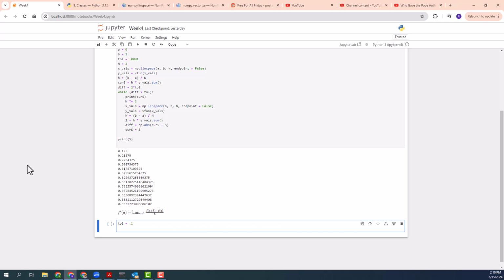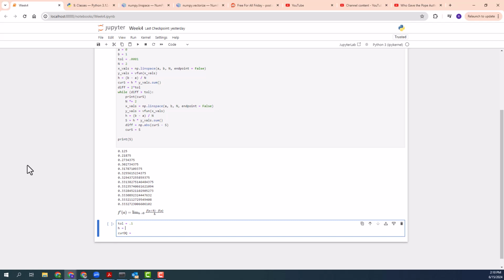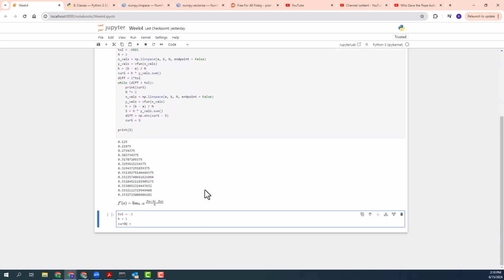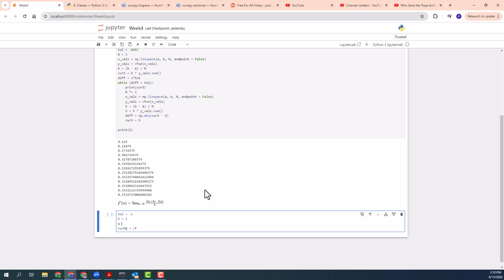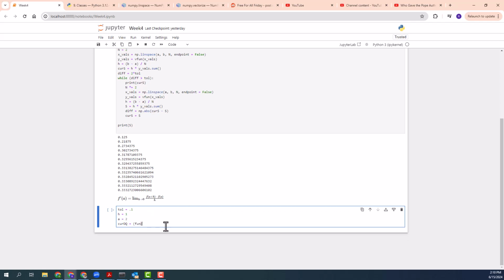And then I'm going to say current derivative, or I'm going to say current dq for current difference quotient. Sorry, I need to give a value of h. So h is going to be equal to, I'll say 1. So current difference quotient, I've got fun, is going to be fun. Oh, a, we'll do the derivative at a equal to 2. Sorry. fun of a plus h minus fun of a